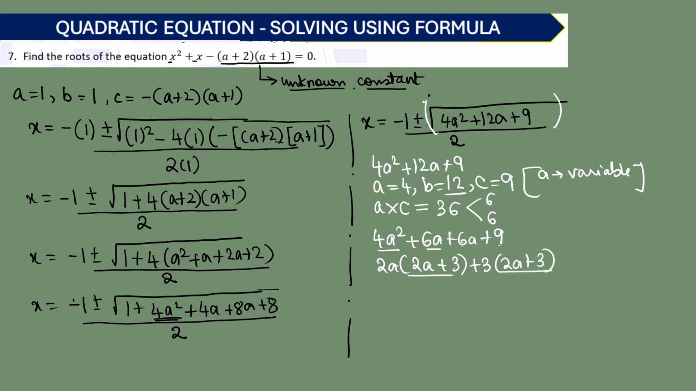Now take out 2a plus 3 common. 2a plus 3 is common and 2a plus 3 remains inside the bracket. What is 2a plus 3 into 2a plus 3? What is donkey into donkey? Donkey square. What is 2a plus 3 into 2a plus 3? 2a plus 3 the whole square. So we get